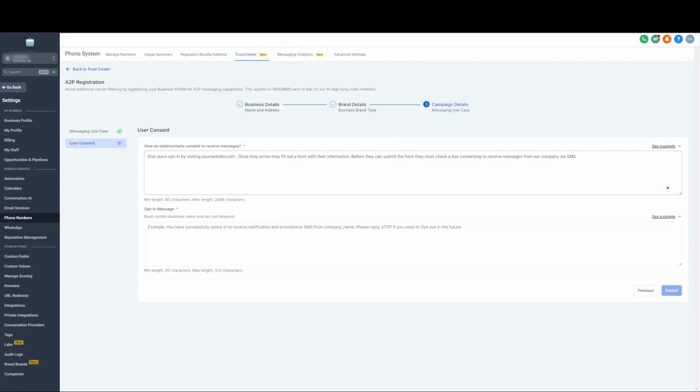Sorry, terrible typing today. And then once they arrive, they fill out information, consenting to receive messages from, right, our company. So again, it would be Apple, right? Whatever your company name is. And then the same thing down here. You're going to do your opt-out message. You're literally just going to put your name again,